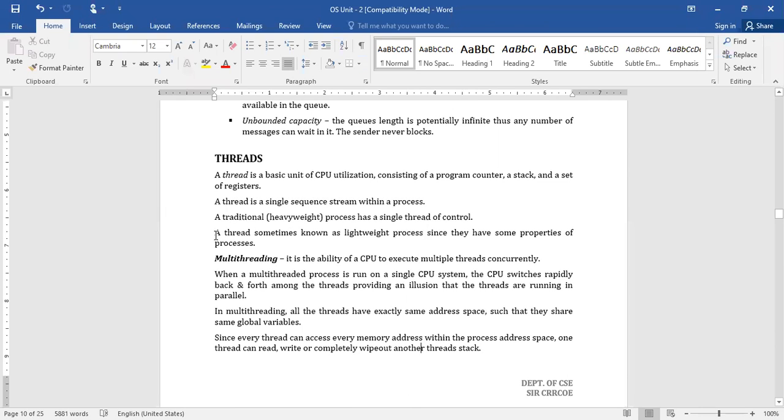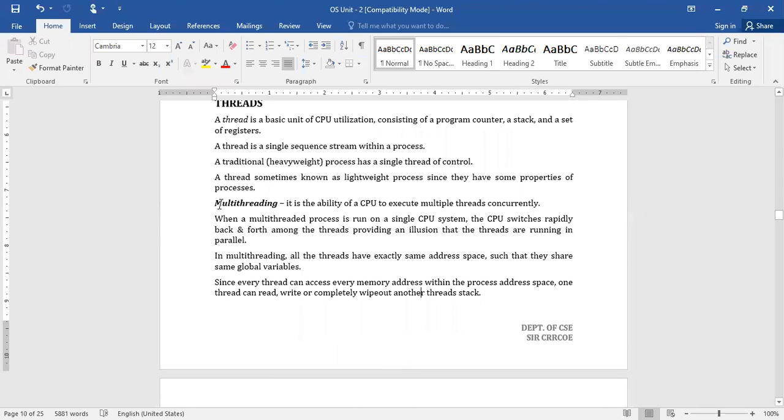So sometimes the thread is called a lightweight process, right? So basically what you understood is that a thread is a single piece of execution of your work, your job, your task by the CPU, right?